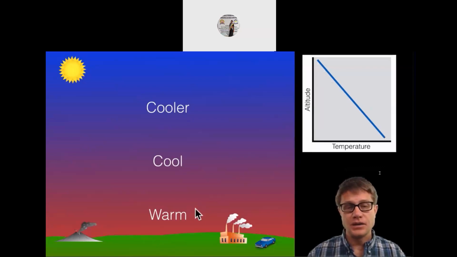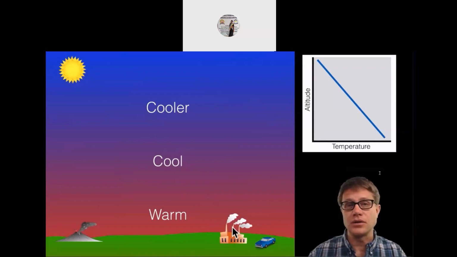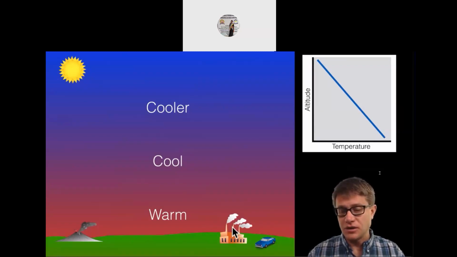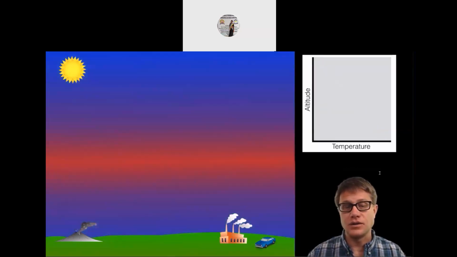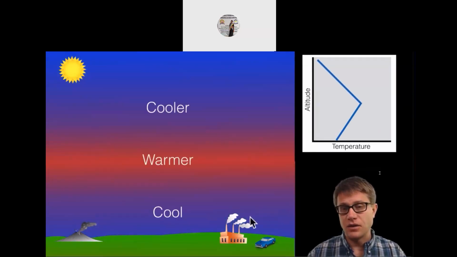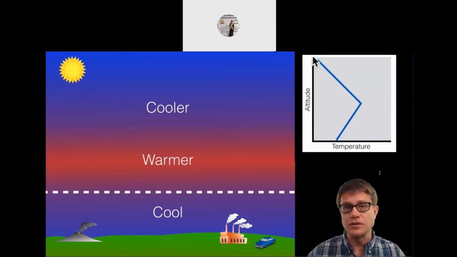And this gradient is going to move a lot of those pollutants up and then away from that city or wherever they're produced. But sometimes, due to currents or wind or just the geography of the city, you can get what's called an inversion. Instead, we have a layer of cooler air near the earth. And so it's inverted. As we move up, it gets warmer and then it gets cooler after that. And so you're trapping all those pollutants near the surface of the earth. They can't move up and they can't move away.